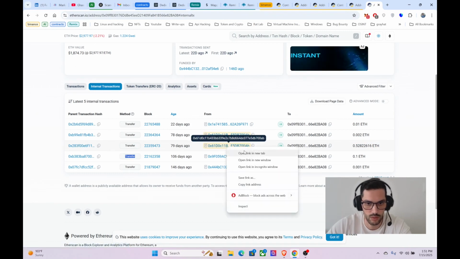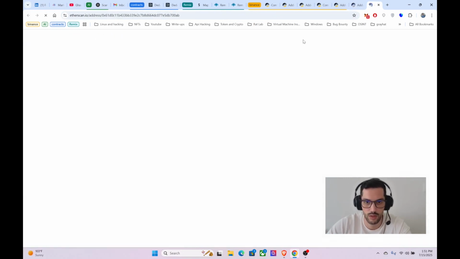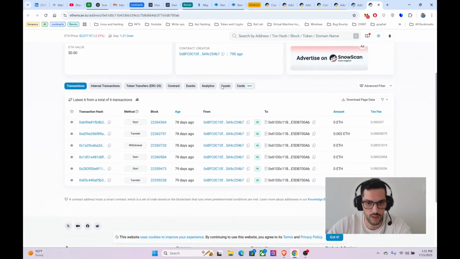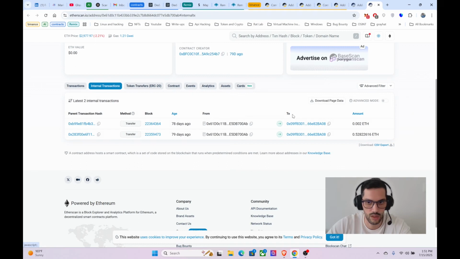Let's go check this one. Okay, this is a contract. It transferred from this address to the contract this amount, and then if we go to internal, we will see that the same amount was transferred to that address that we found on the contract.